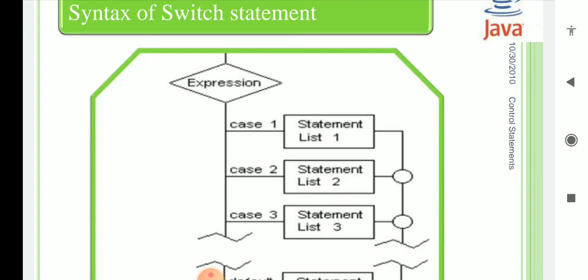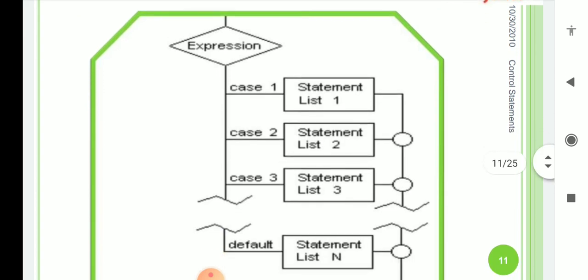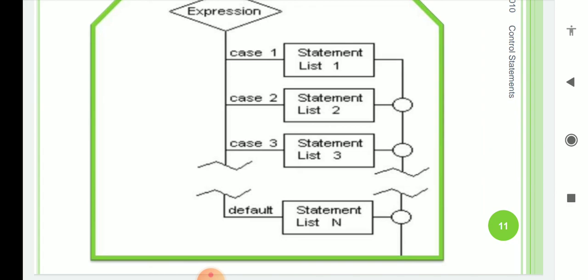The syntax of the switch statement. First we give the expression, that is, switch selects the particular expression. First case 1: the case 1 statement executes, then immediately the break statement. If case 2 is selected, that statement also executes. If we select case 3, it goes to